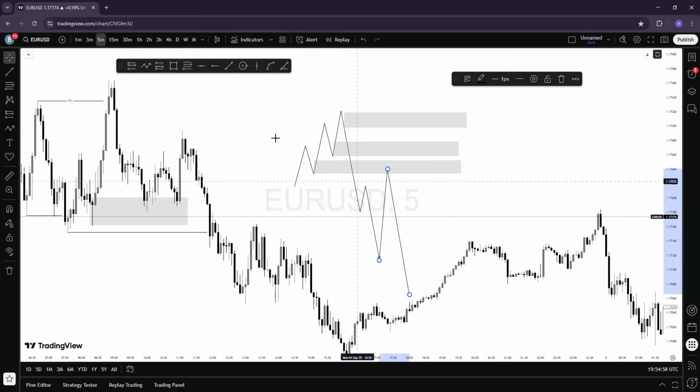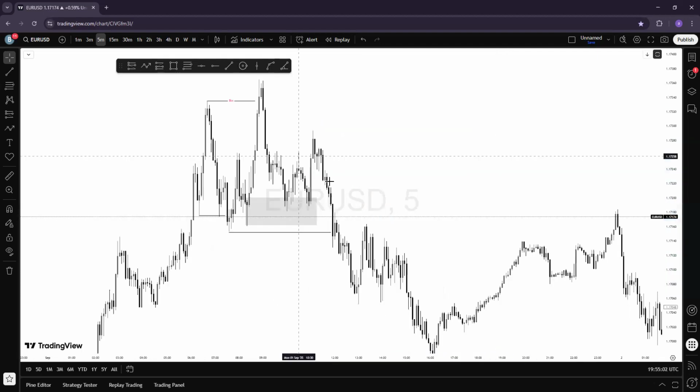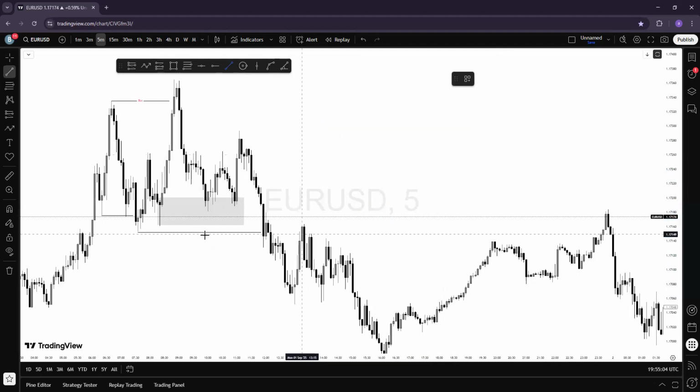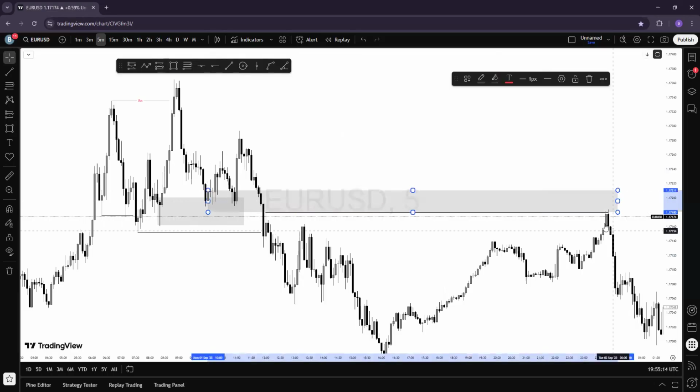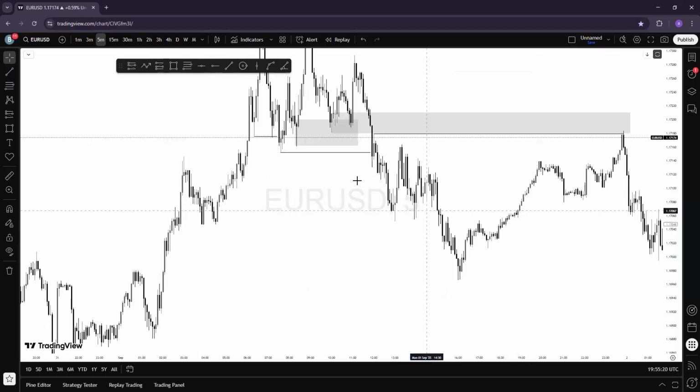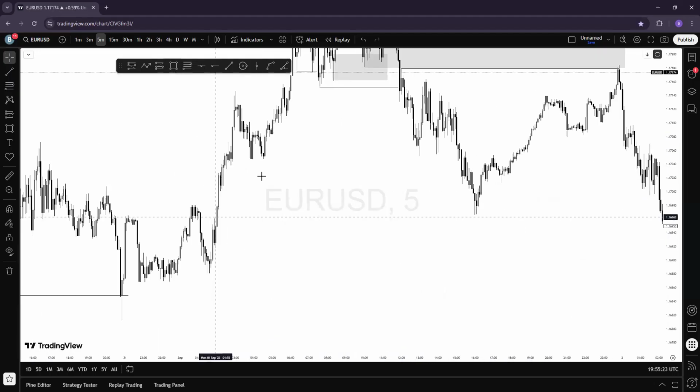Okay, so that is what happened at this particular level here. Now, this is our first pullback after the break of this low. Then where is our first POI? It is this one. Yes. That is why the market came here and sniped it, then dropped off. But then I was able to catch this buy. I realized that we have a volume violation here, and I knew this is a POI for a buy.